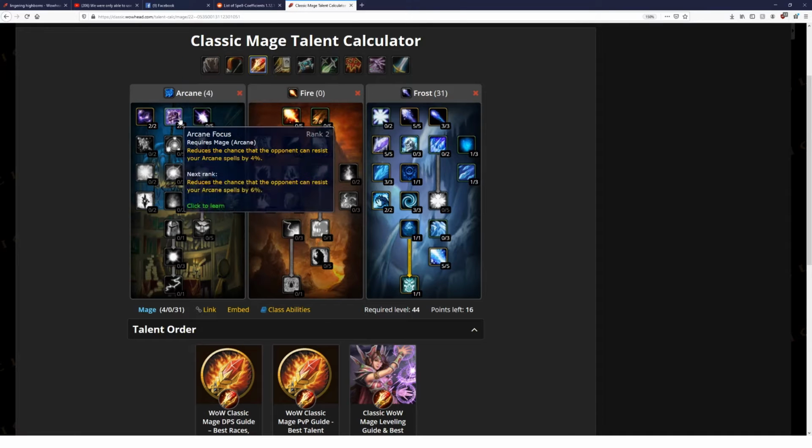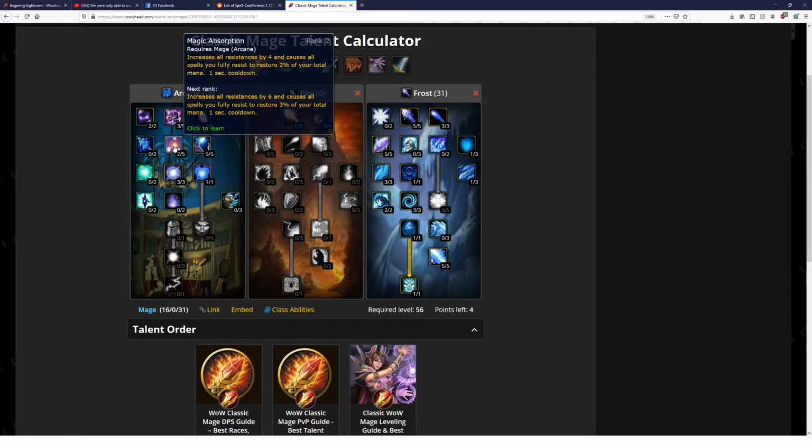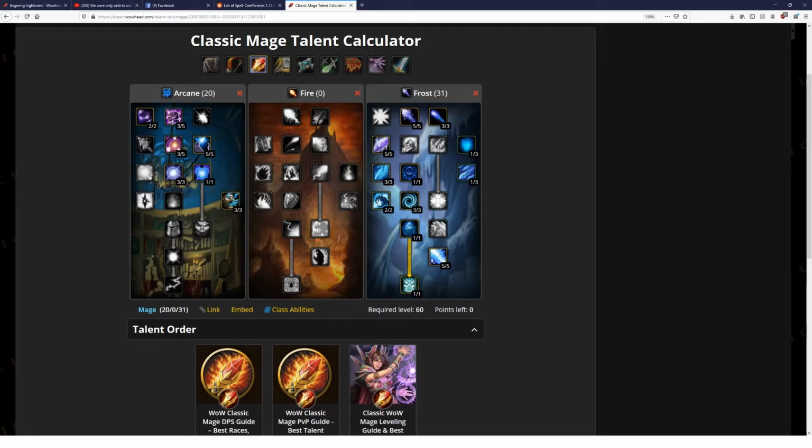1, 2, 1, 2, 3, 1, 2, 3, 4, 5, 1, 1, 2, 3, 1, 2, 1, 2, 3, 1, and that's all you've got for Winter's Chill. And like I said, this is much easier than the Arcane Power. It has consistent DPS. It's still good DPS, but it's not as much. But it is an important role as it buffs the DPS of all the rest of the mages in the raid. So I'm going to go ahead and clear just the Frost tree,